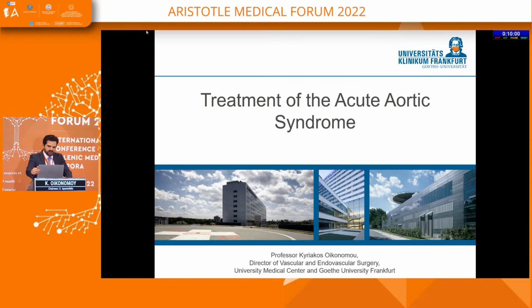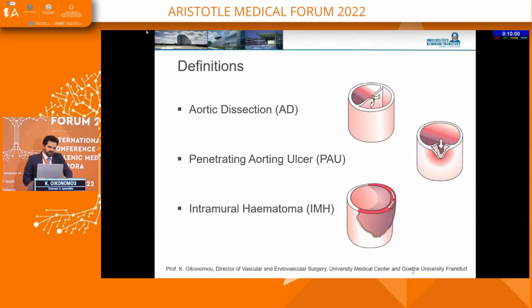I will be talking about treatment of the acute aortic syndrome. First of all, we have to distinguish what the acute aortic syndrome is. It comprises three different clinical entities: aortic dissection, meaning a tear in the intima of the aortic wall, resulting